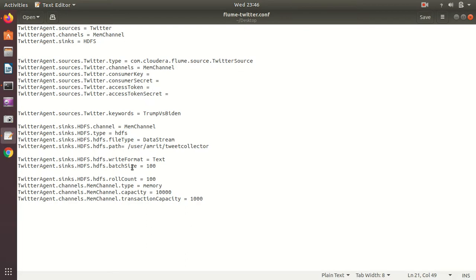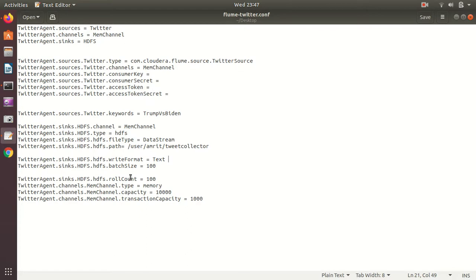And then batch size. What is batch size? Guys, it is how many events should come in one shot, in one batch. This is called batch size. So I'm keeping it as 100 events in one batch. It means there'll be a micro batch of 100 events which will be sent together. Then the next batch will have 100 events, and so on.